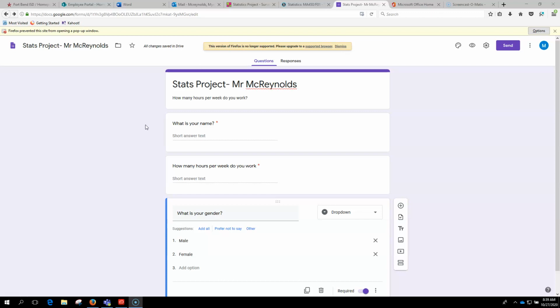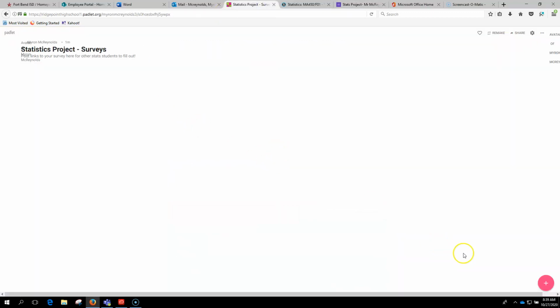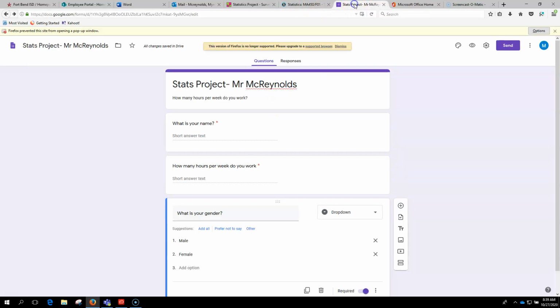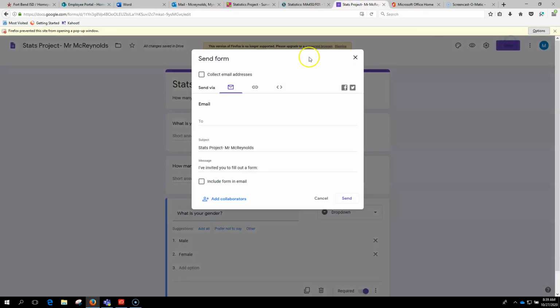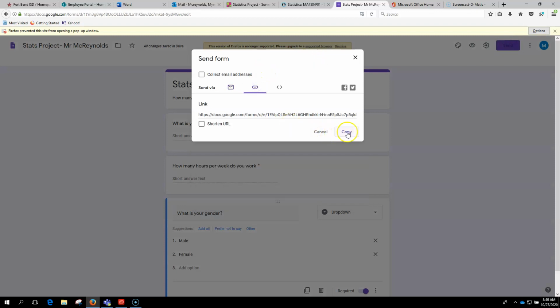Okay, so once you've created your form, I'm going to get you to go over to Padlet. I'll have a link in the Schoology class to get to Padlet, and every class will have access to that, so this should get you a lot of good data. So I'll have a Padlet like this right here, and you'll hit add. And what you'll do is make sure you have your link, so go back to your form, and I'm going to go get that link right there and copy it. So I copied my link to my Google form,